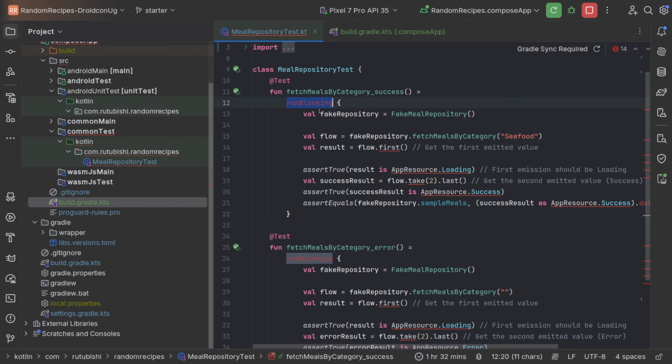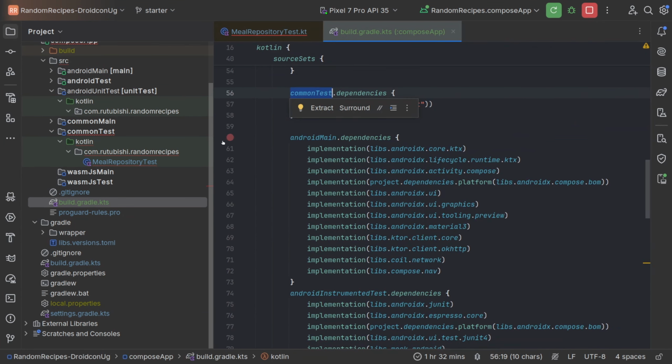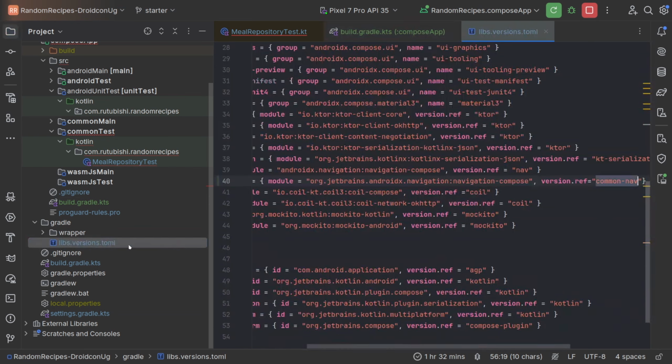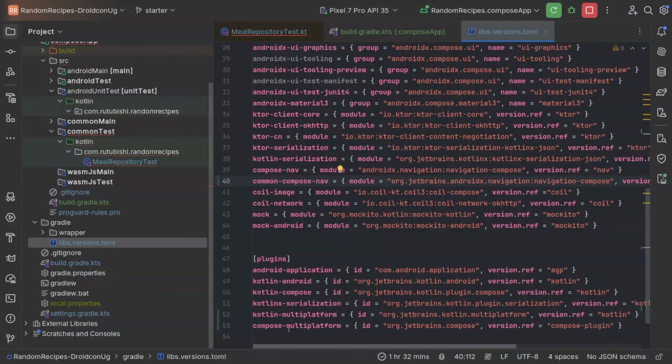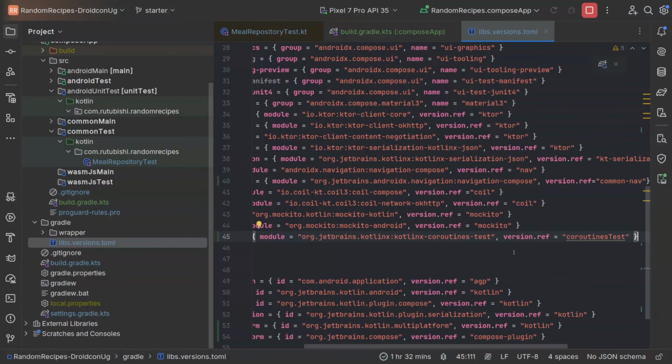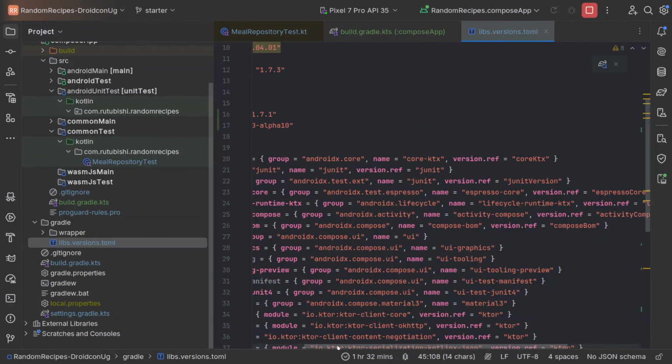Something else that is still broken is our run blocking function, and we will add this with our Kotlin coroutines test library. So let's add that. So let's go to our Gradle wrapper and our Kotlin coroutines test. I'll also define the coroutines test